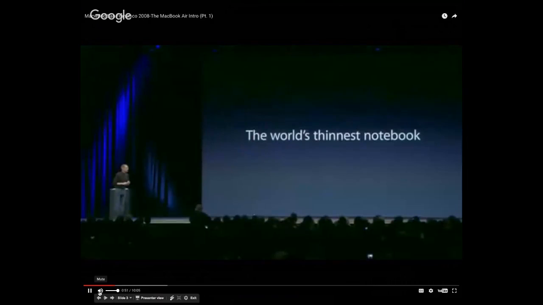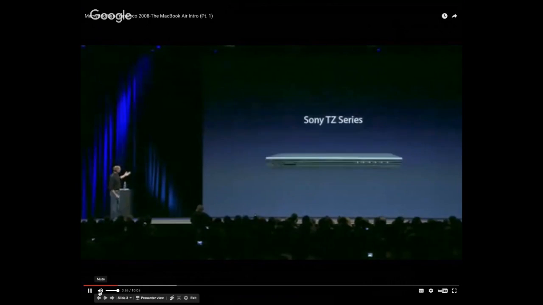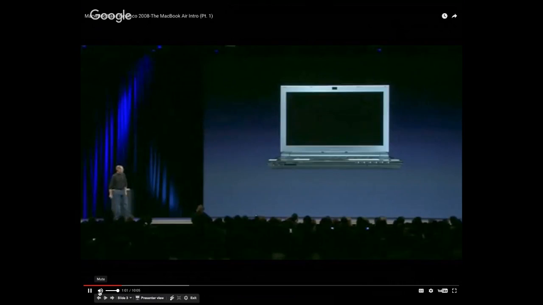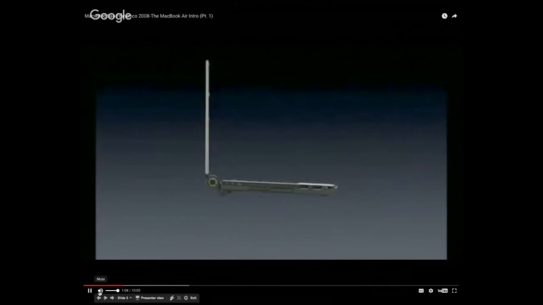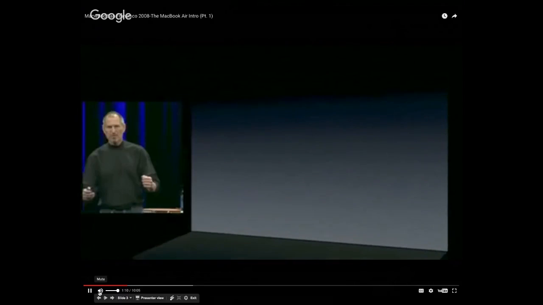So, what does that mean? Well, we went out and looked at all the thin notebooks out there. Most people think of these, the Sony TZ series. They're good notebooks, and they're thin. Right, this is what they look like. Side view there. We looked at all of them out there and kind of tried to distill the best of the breed of all of them.